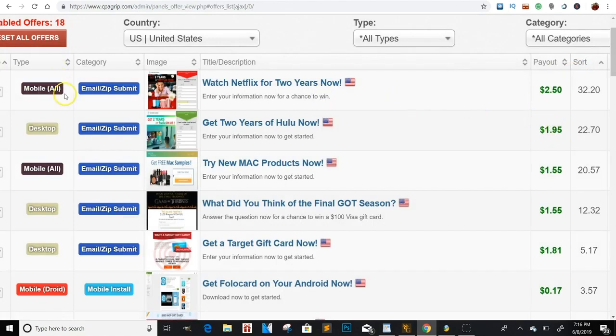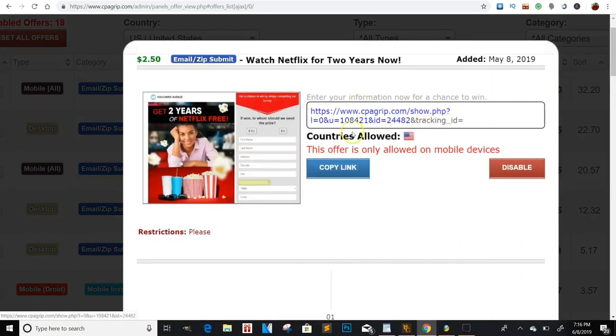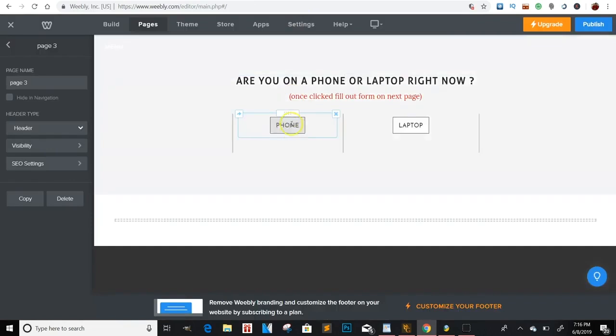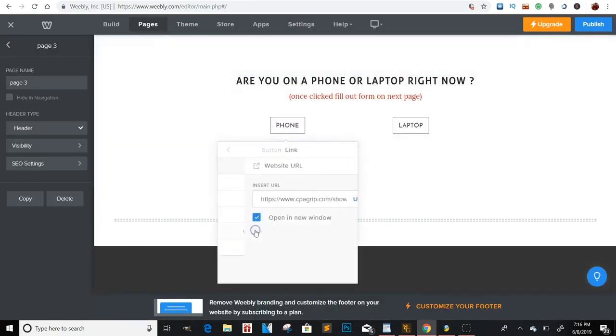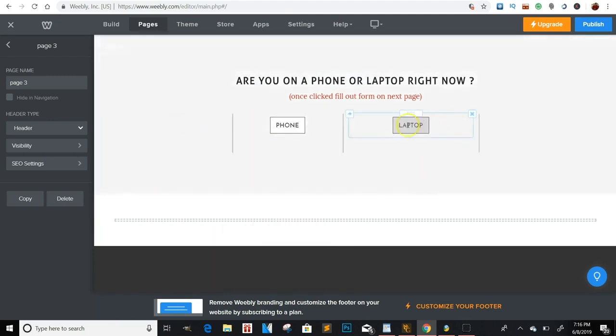So that's why we're going to say, you know, this will weed the people out, whether they're on a desktop or a mobile phone. Most people usually are on mobile, so you'll be getting the $250, okay? And so what you want to do is you will just click this, copy this, or you can click copy link, right? You want to come back to your Weebly page, click on phone, go to link, and then go to website URL. You click website URL and just paste that link in there,